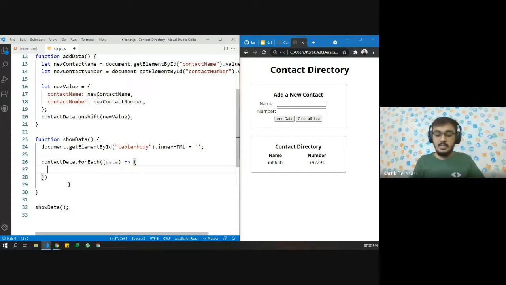Let us simply copy paste this because we want to show all the data inside the inner HTML of table body. So let's say table body dot inner HTML.